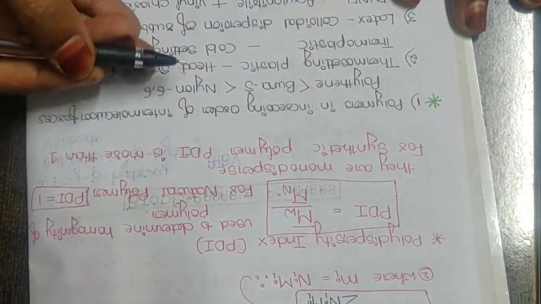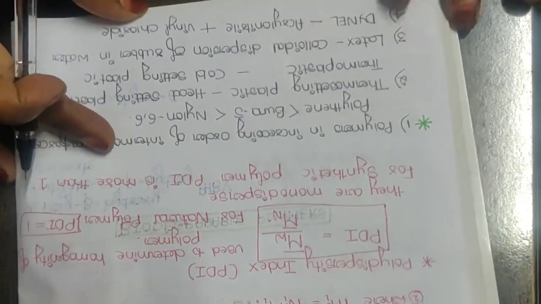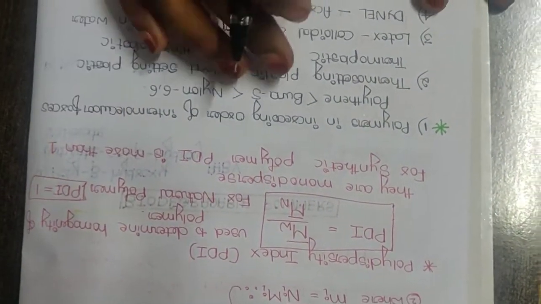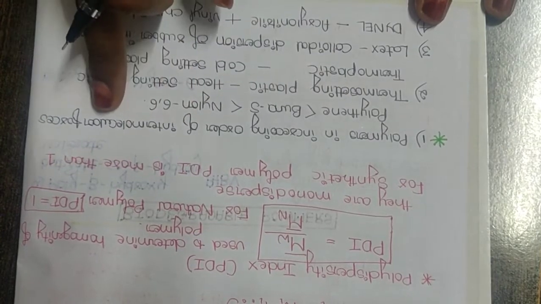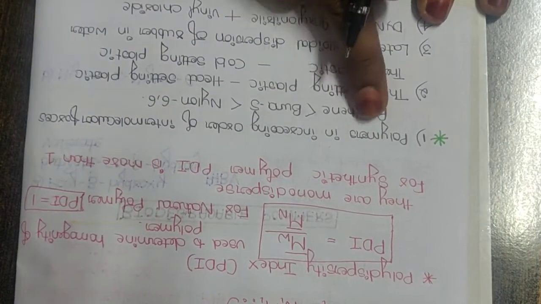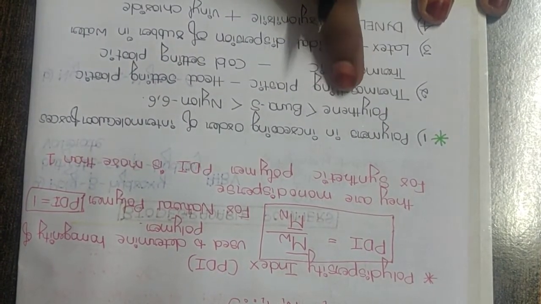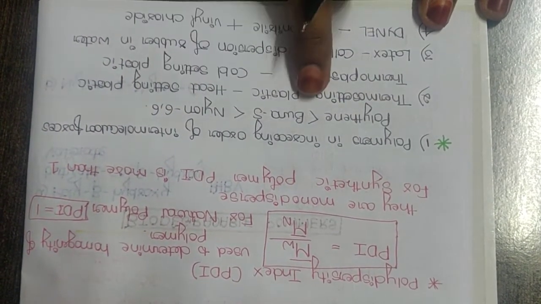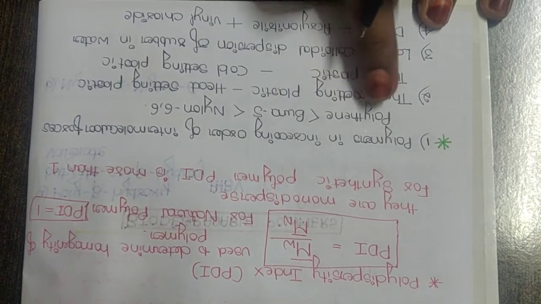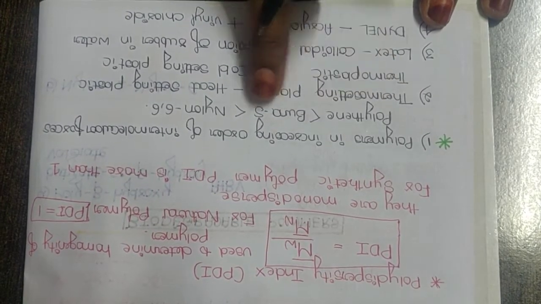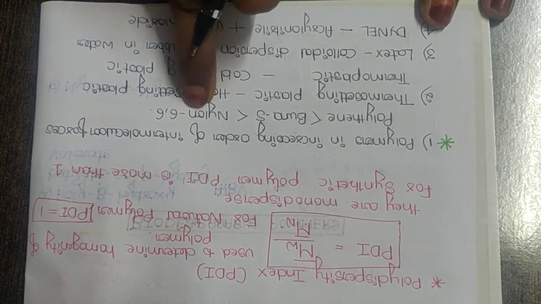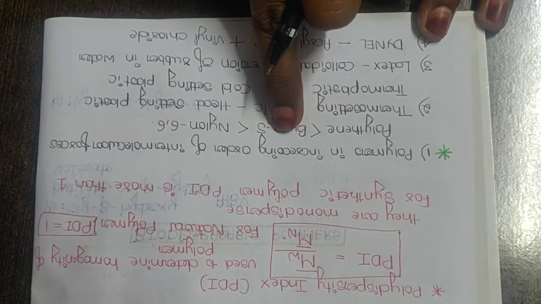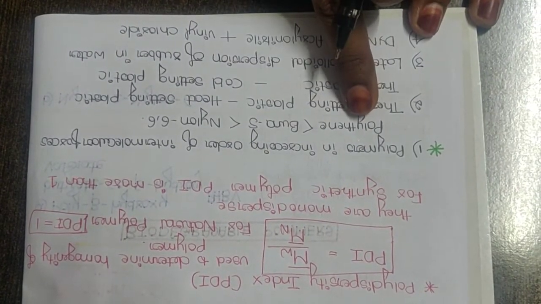And the last few points I have written have been covered in your competitive questions, so I thought of discussing them here. They have asked you to arrange in an increasing order based on intermolecular forces by giving certain polymers. So here the order is nylon 6,6, I hope you know it is a fiber, then Buna S, it is a rubber, and then polythene, it is a plastic. So we know that the intermolecular forces of attraction are stronger in case of fiber. In between comes the rubber, and the least comes in case of the plastics.